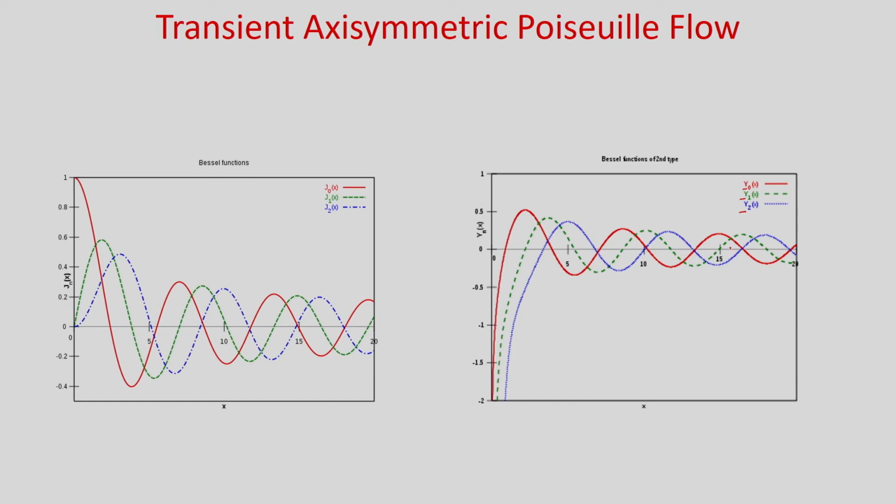So, the r direction is the homogeneous direction. Obviously, you can see that you are getting a characteristic value problem, and you can see that Y0 at x equal to 0 is infinity. So, Y0 at x equal to 0 is infinity. From here you can see this curve.